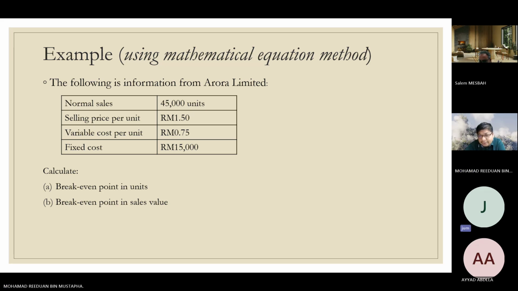So how much? 50%. 50 cents, 0.5, is it? Yes. And then in order to get the break-even point, you need fixed cost divided by the CMU ratio. How much do you get? Which means 15,000